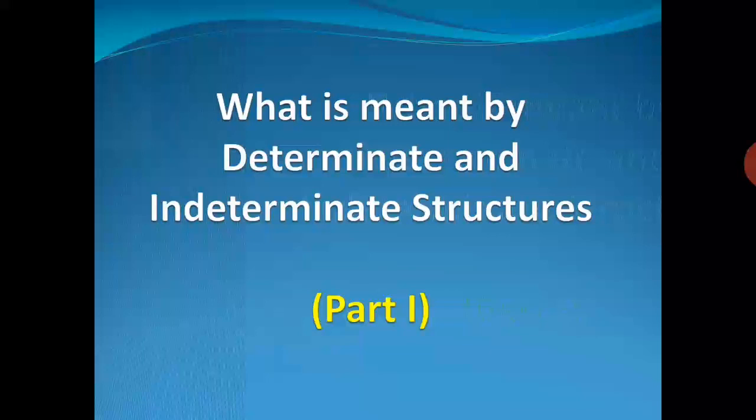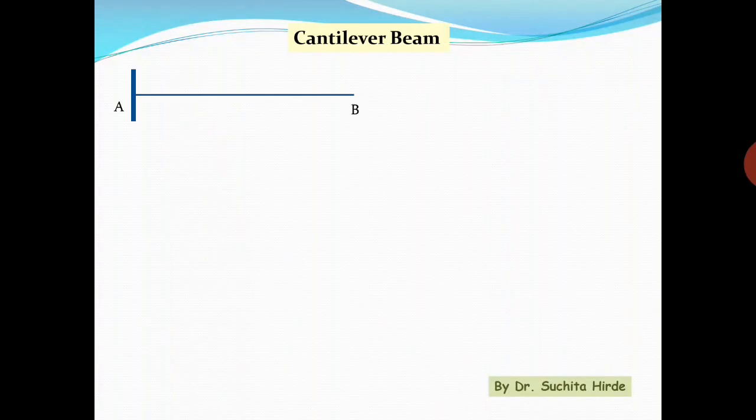to the structure. To understand how to apply equilibrium conditions to the structure, first we will see one example. So here we will consider one cantilever beam with fixed support at A and free at B. This beam is subjected to a concentrated load P at point C. Now we want to calculate what are the support reactions at fixed support A.